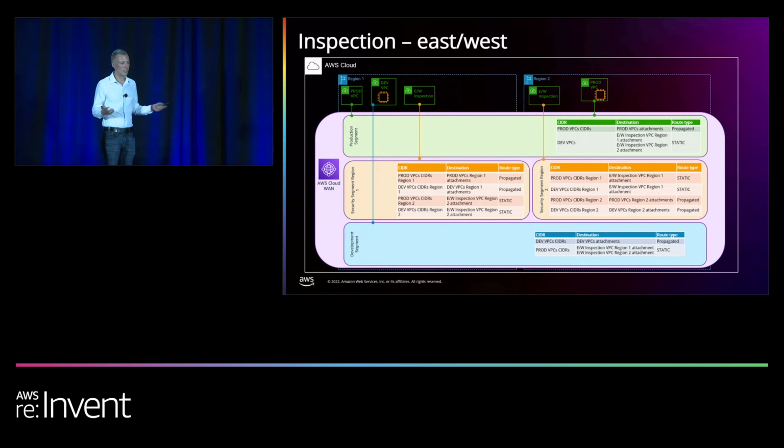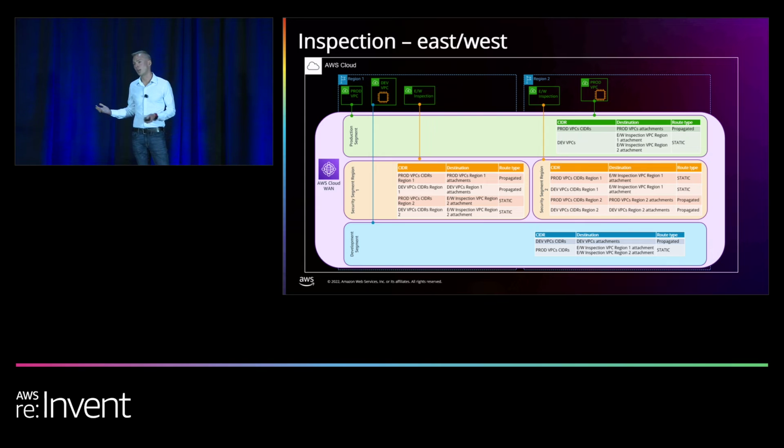Another kind of common infrastructure is an east-west inspection. And this is something that a lot of the concepts of doing this with Transit Gateway apply here. You notice there are a lot of static routes. I think the one bit of advice here would be to think hard if you need this type of inspection. We can certainly support it, and we'll see the flows get a little complicated.